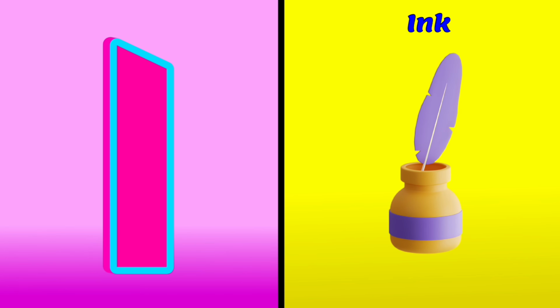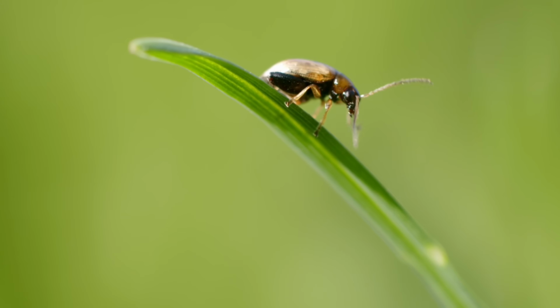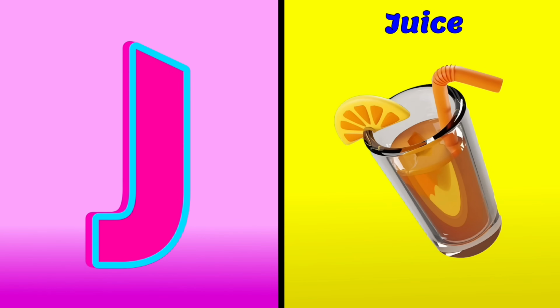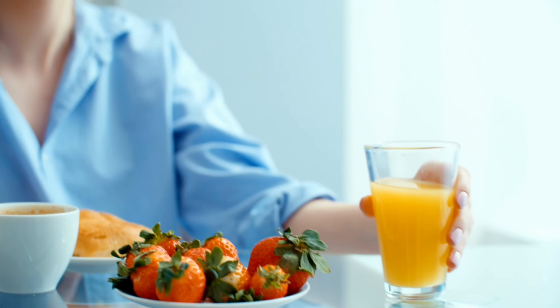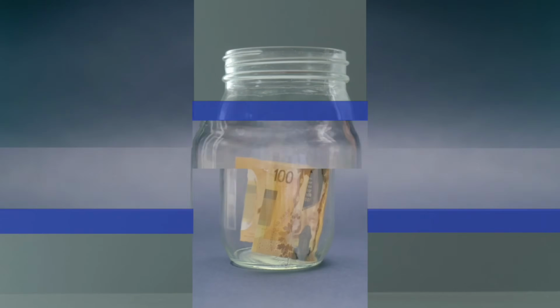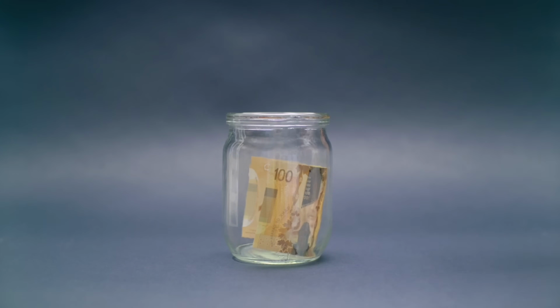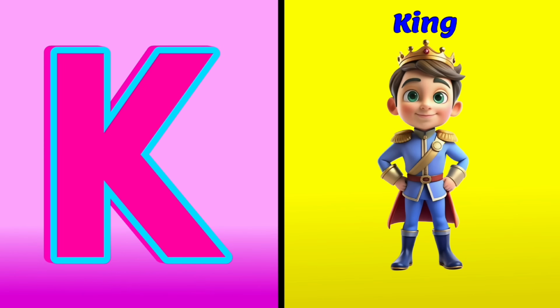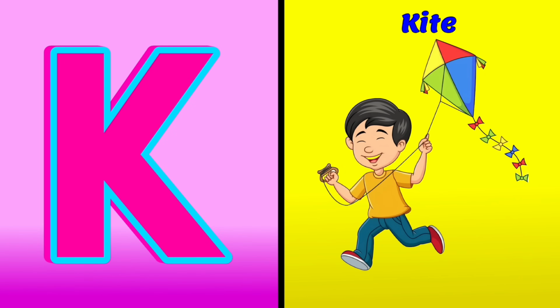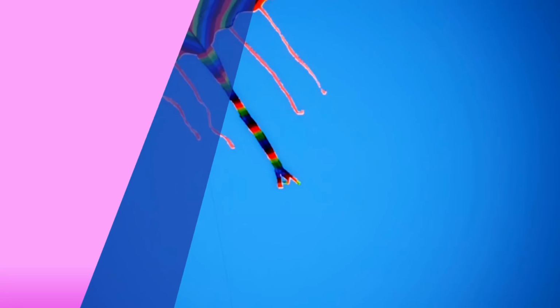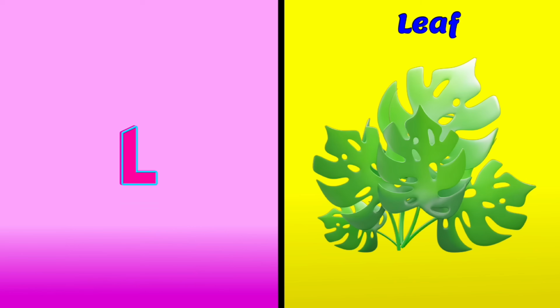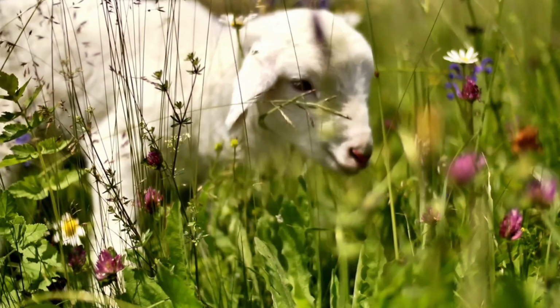I for ink and I for insect, J for juice, J for jar, K for king and K for kite, L for lamb, L for leaf,